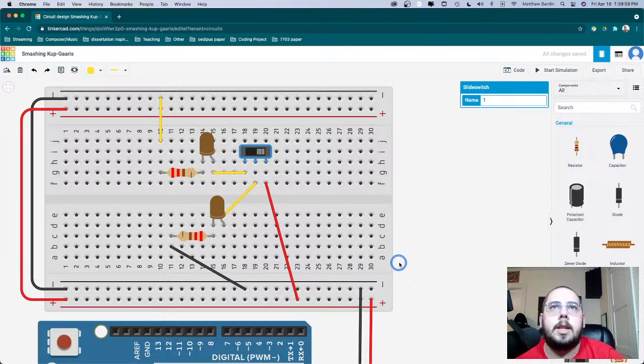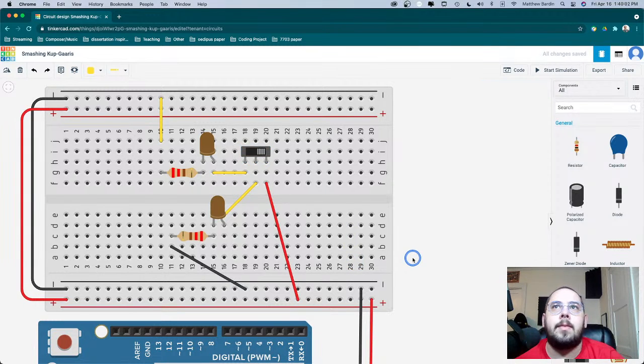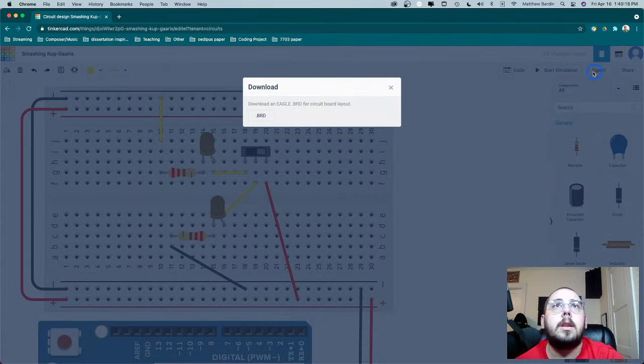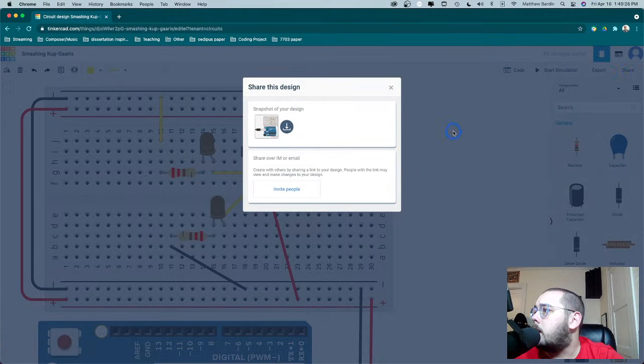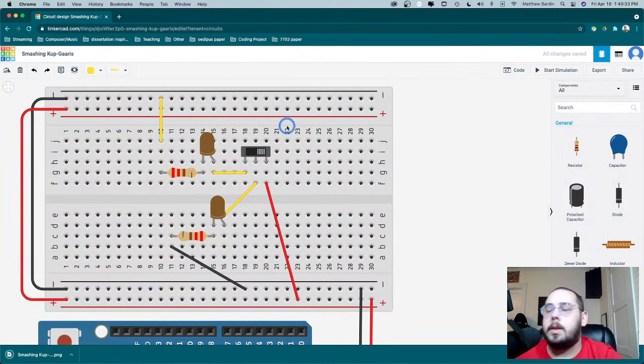So, again, by watching this and watching me struggle for a little bit, you should have an idea of how you can go in and drop in components, connect them, simulate what's going on, and go from there. What I want to see if we can do to end this, if we go to export, that's not even one. I wanted just a photo. Share. There we are. You go to share a snapshot of your design. You click the download button, and boom, it will download a PNG of our design. And if I open it up,